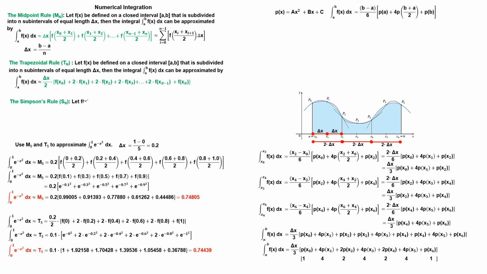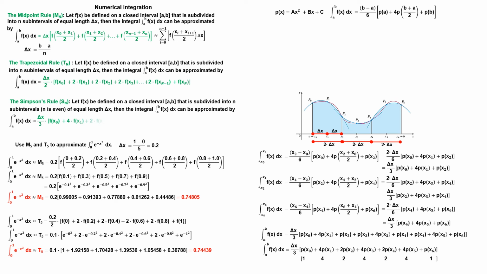Simpson's rule. Let f of x be defined on a closed interval from a to b that is subdivided into n subintervals, n is even, of equal length delta x. Then the integral can be approximated by